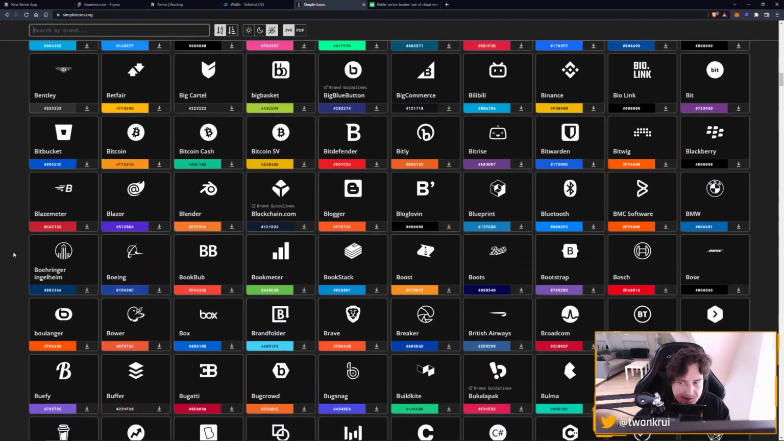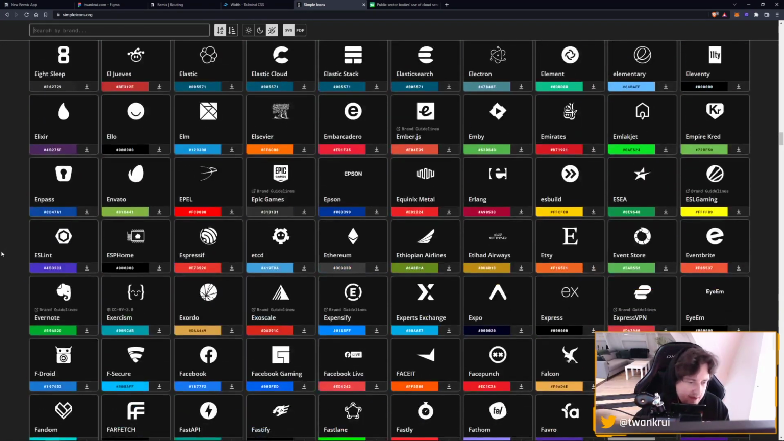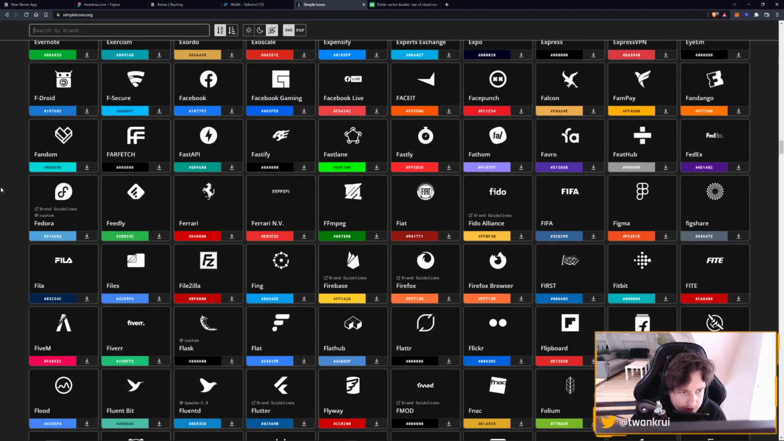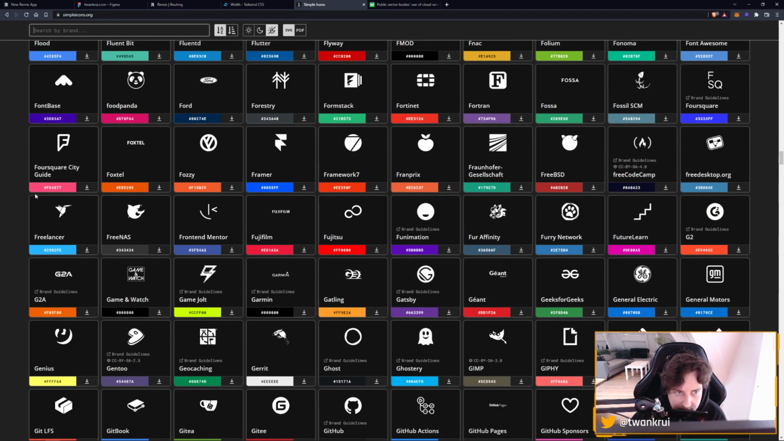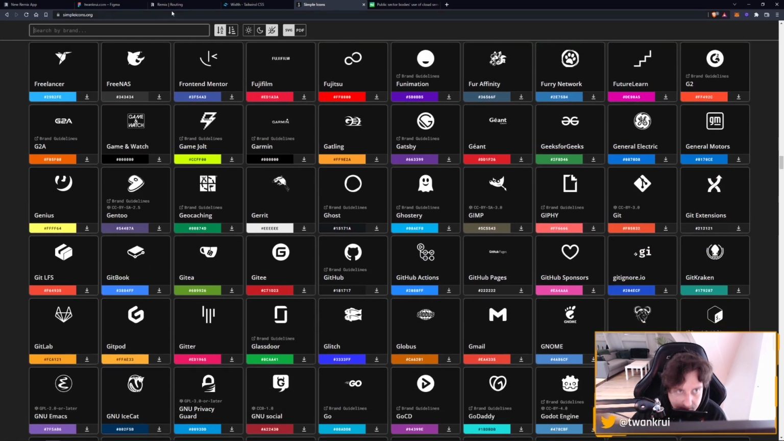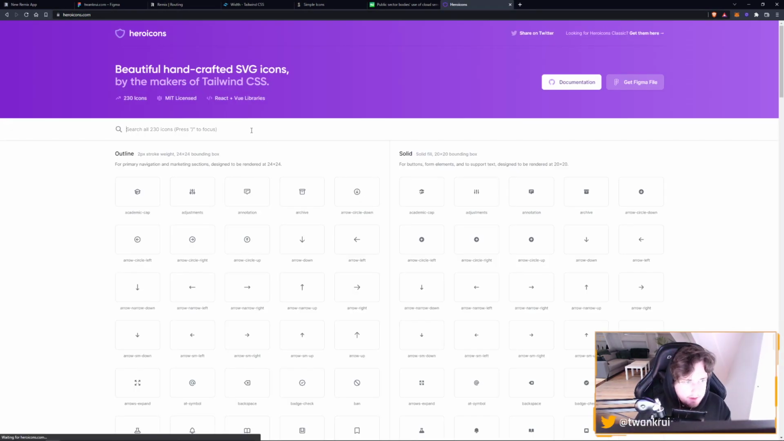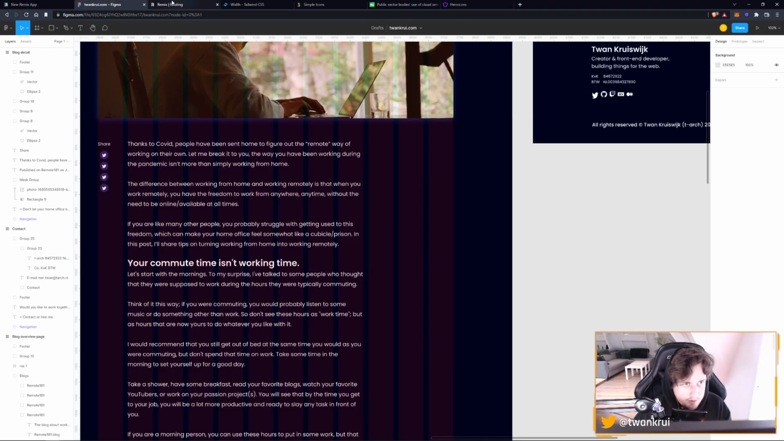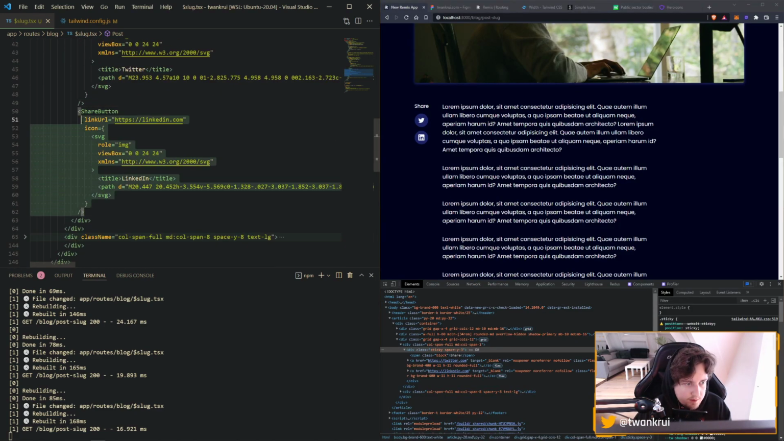These are all logos. Maybe I could use the Gmail logo. Well, nah, no, I need an envelope. Maybe there's one brand that just uses an envelope for their logo. Or I can just go to Heroicons and be done with it. See? Because now we can do